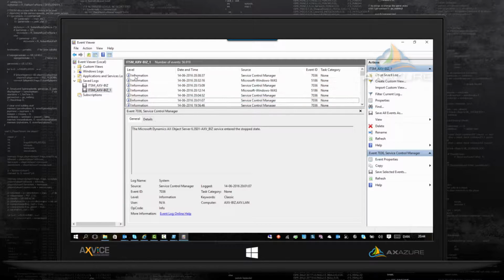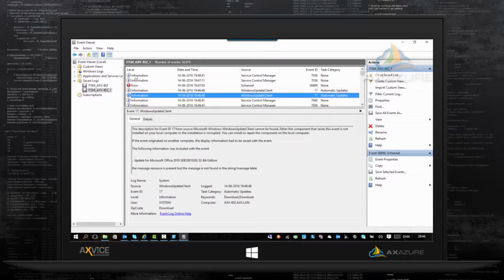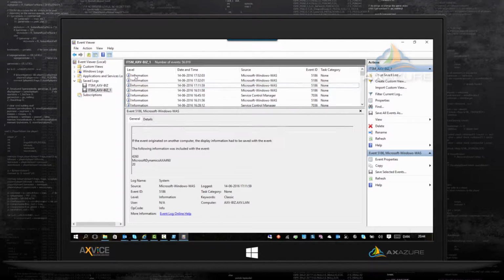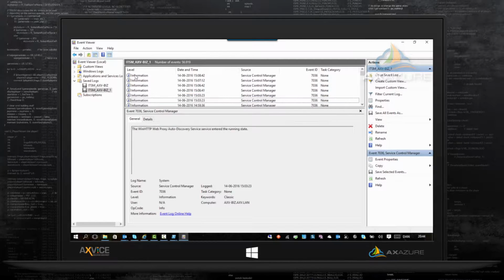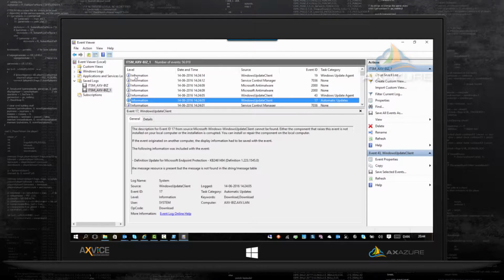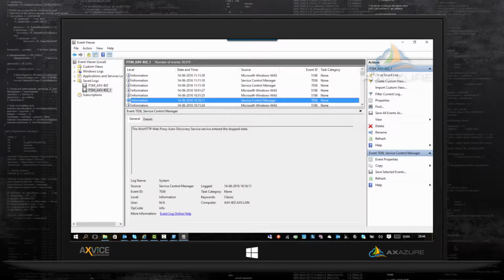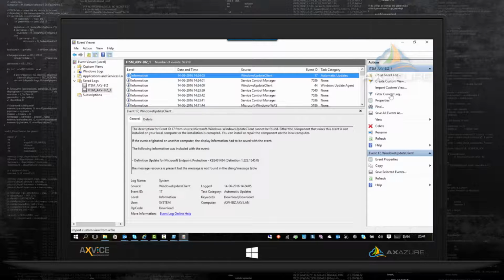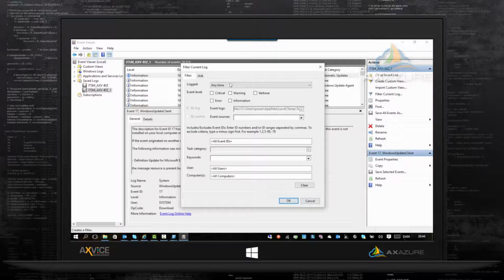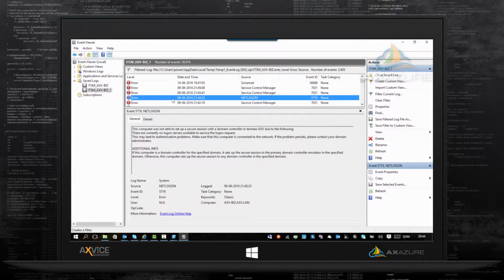exactly here that the Microsoft Dynamics AX server was rebooted at some point in time. So this gives us the opportunity to actually get that event log out of the system, and this is what I think is a nice and neat feature, because it actually gives us really good information and a really easy access to that information. So we can filter the event log just like we know when we get it exported, and then we should be able to see all the information here.